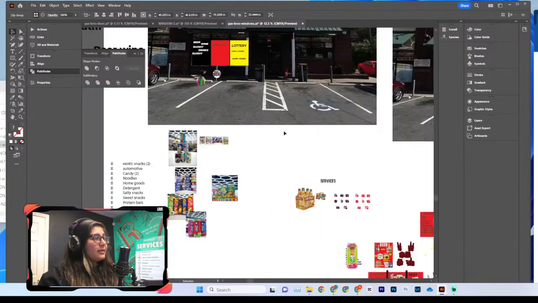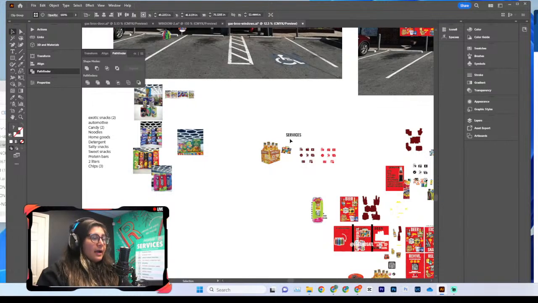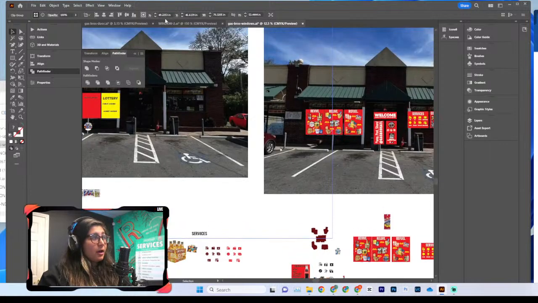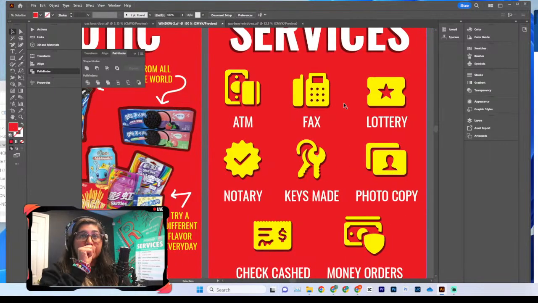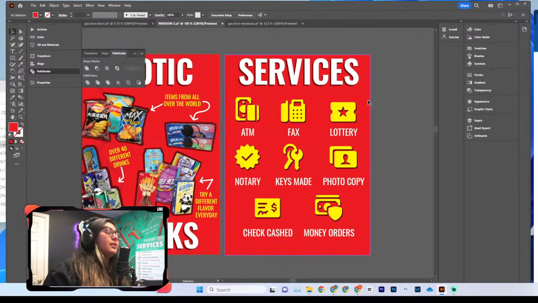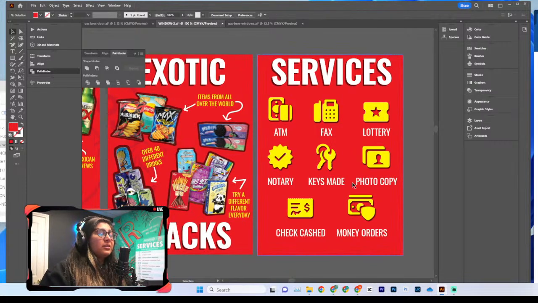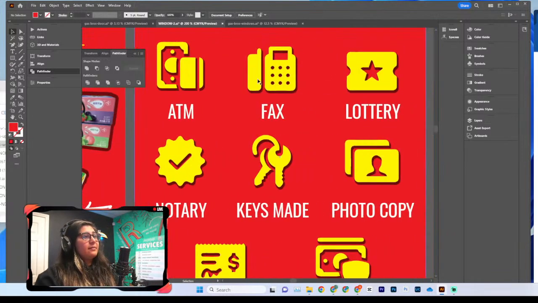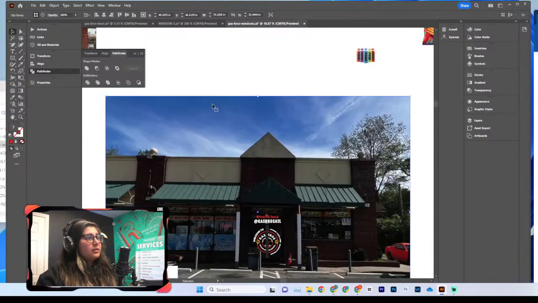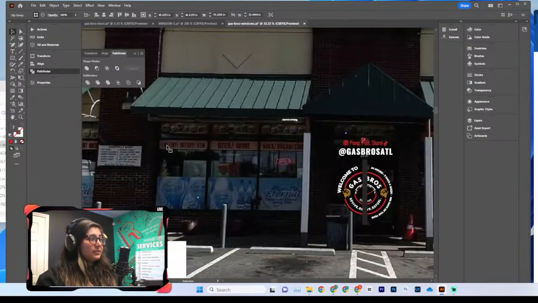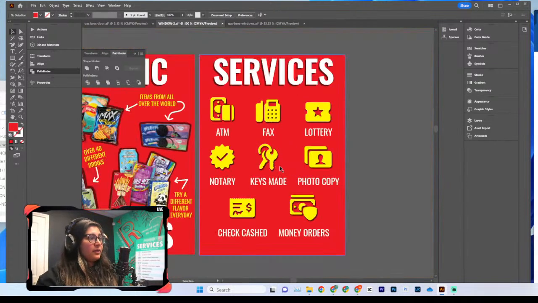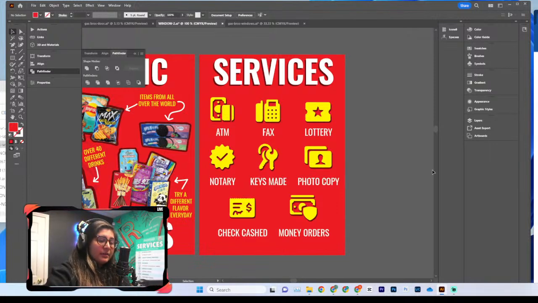Like I said, their brand is a little bit more out there. It's a gas station, but things are a lot more thought out brand wise because they have a lot more reach on social media, and they have a lot more eyes on them. So they want things to be nicer. So that's why I came up with this concept. Instead of having the services run across like you normally see in other gas stations, what they have currently, I'm going to switch it up and just do a full window with the services with little icons. I feel like icons